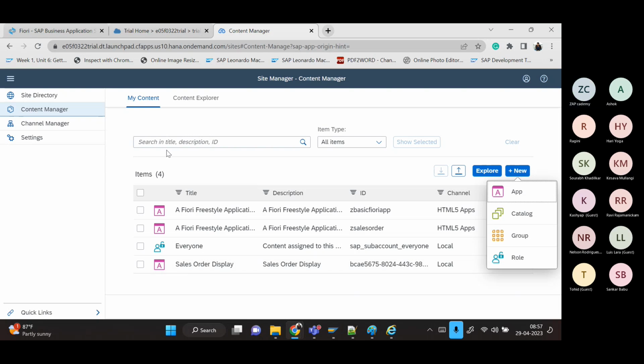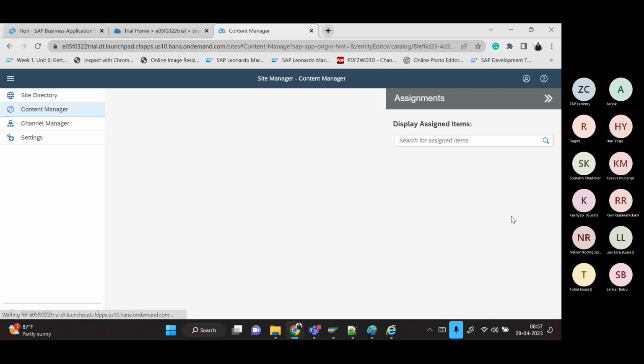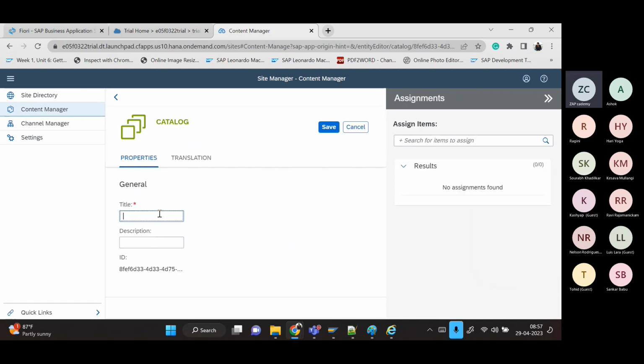Okay. Now, we have the application in front of us. The first thing is what? I'll be creating a catalog. The catalog name, I'm giving it Display Sales Order. Now, what we learned there, once you have a catalog, under the catalog, one tile has to be added. Remember, in the on-premise,